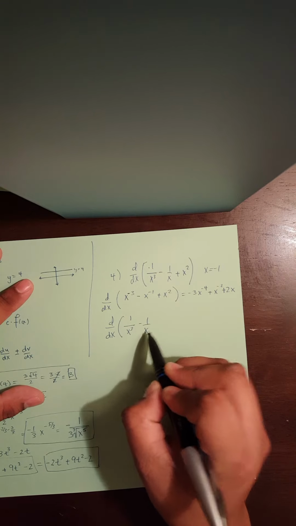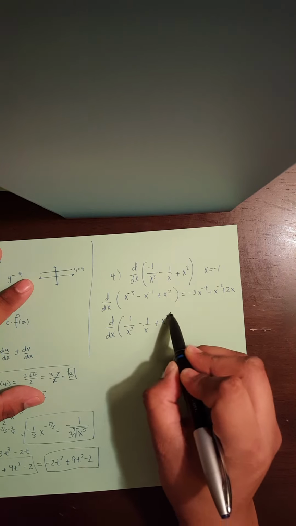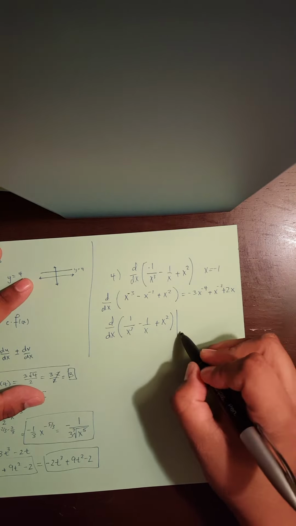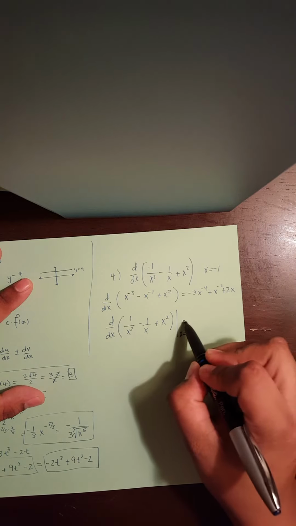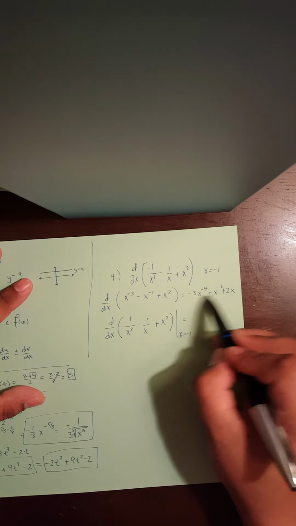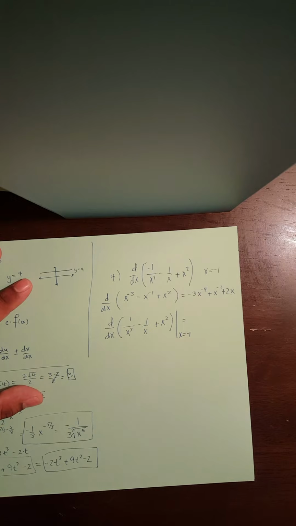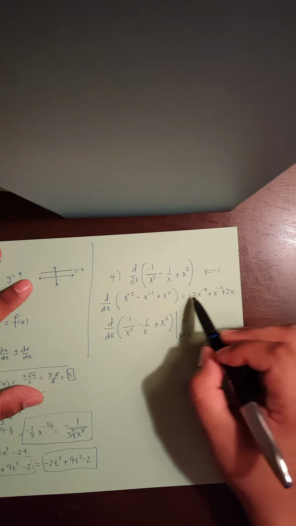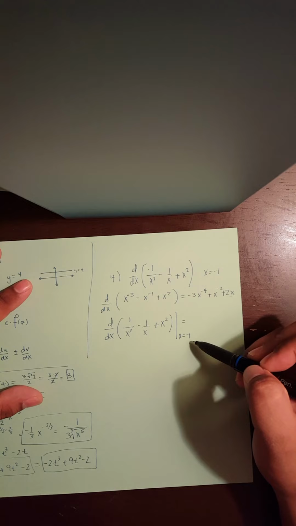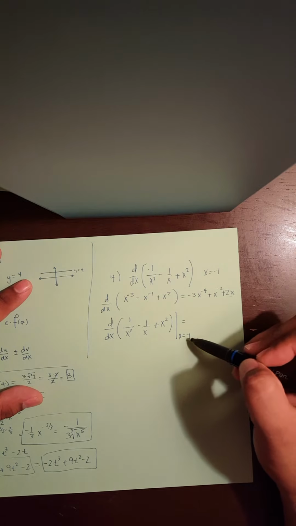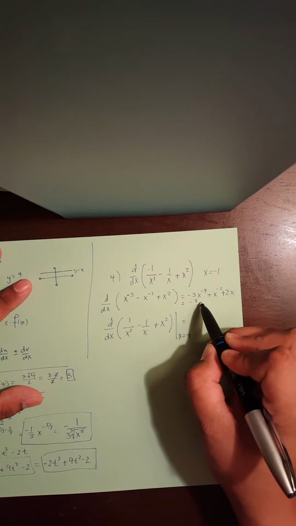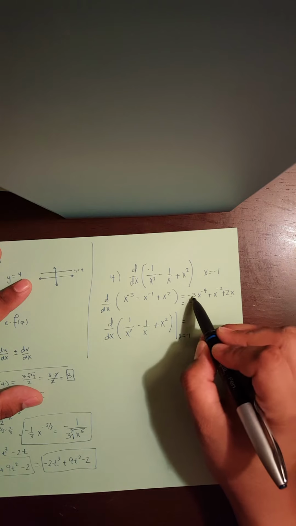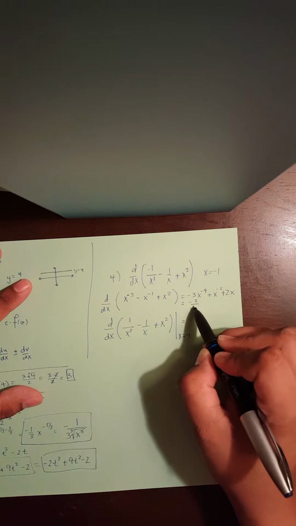I'm not going to take the derivative anymore. I already know what it is. But then I'm going to put a bar, x equals negative 1, because this tells me that I'm taking the derivative and plugging it in. So now I'm going to plug it into the portion that I took the derivative of. One more thing I forgot to mention: make sure that you rewrite this. While we can probably think about what the answer is going to be, because it's not that difficult to plug in the negative 1, let's rewrite it to make it easier and make it a good habit. So it's going to be rewritten as negative 3 over x to the